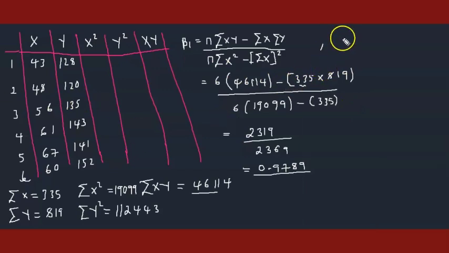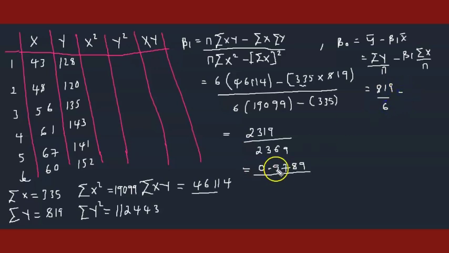So beta naught will be given by y bar minus beta 1 x bar. But the formula I'm using is summation of y over n, which is the same as y bar, minus beta 1 summation of x over n, like that. Then I have summation of y, which is 8 and 10, over n, which is 6, minus beta 1, I have this one here. So I'll say 9,